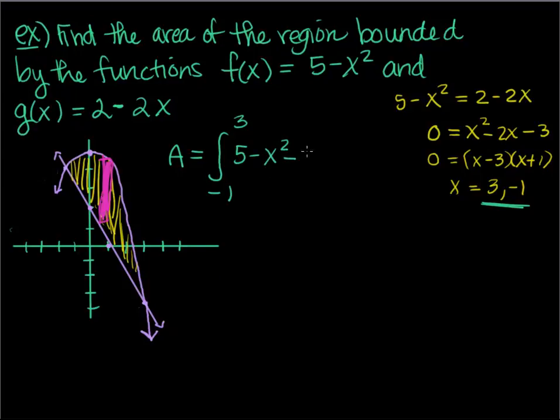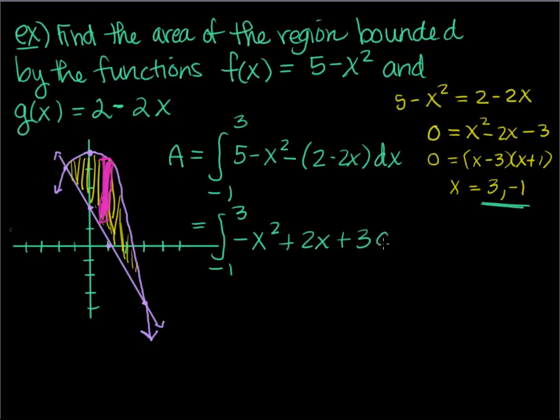And then I'm going to subtract the smaller function, which is g of x, dx. And now we might as well do this one. I kind of miss doing these. So what do we get? Negative 1 to 3. I'm going to simplify here. Put my x squared term first. This x term becomes a positive 2x. And then 5 minus 2 is a positive 3 dx. Okay? Take the antiderivative. I get a negative 1/3 x cubed plus x squared plus 3x, all evaluated from negative